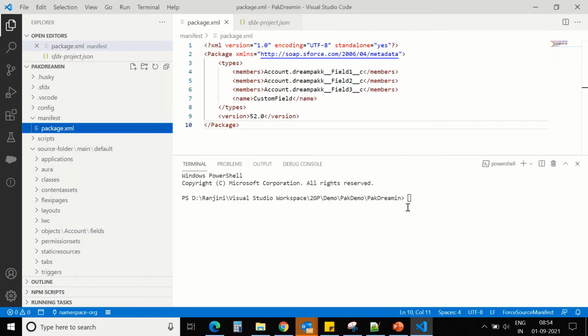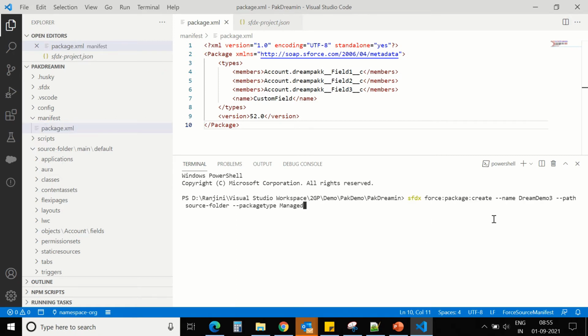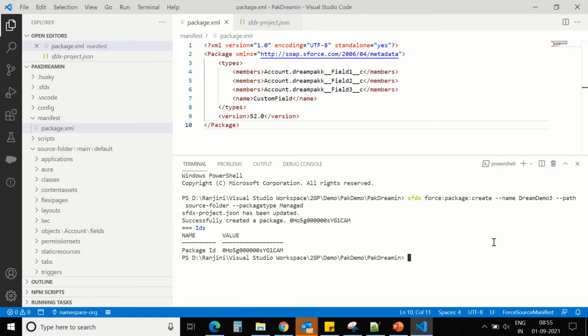This is the package create command. So we are going to create the package named Dream Demo 3. Okay, the package got created.